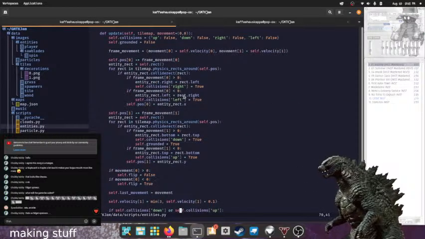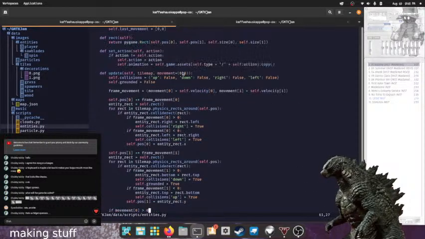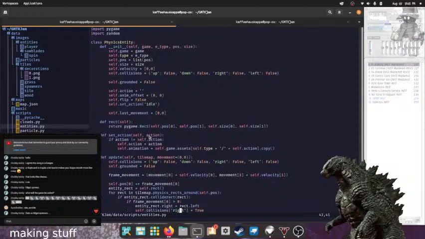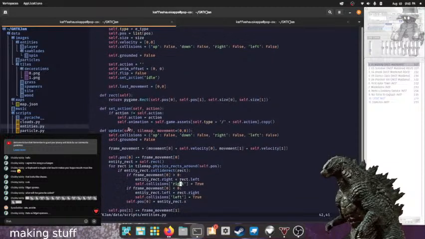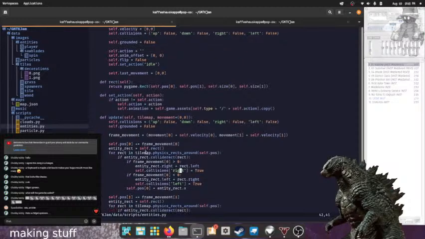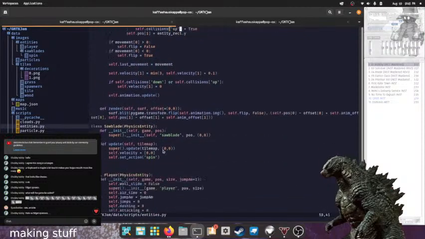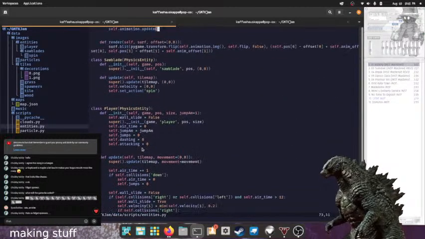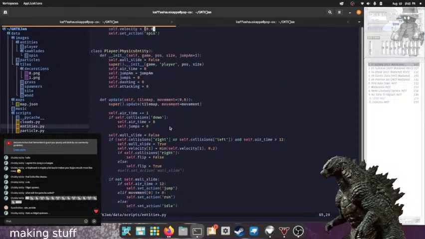I'm also weirded out about the whole entity rect thing, because shouldn't it have like a... Oh wait, it's just called rect, okay. Oh wait, no, so entity rect is self.rect. Yeah, so that is totally part of this if I use this super.